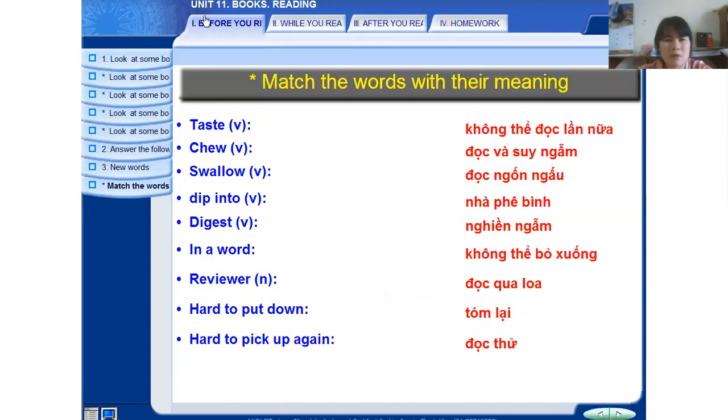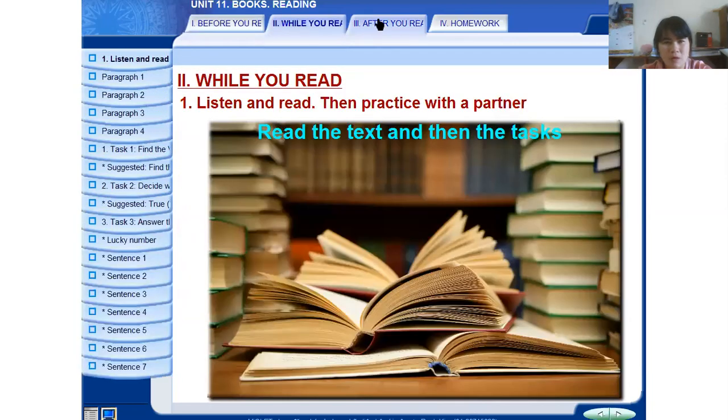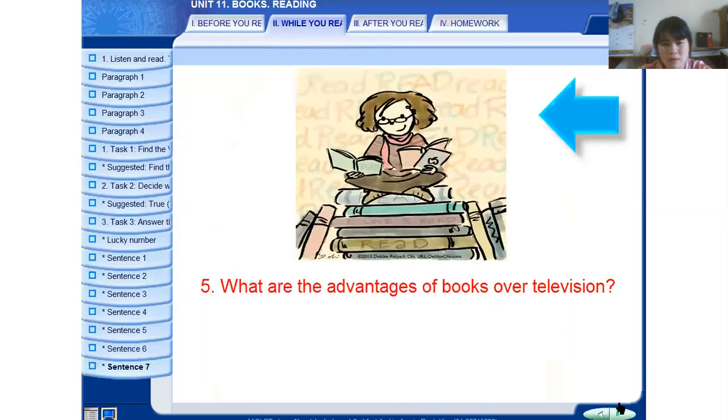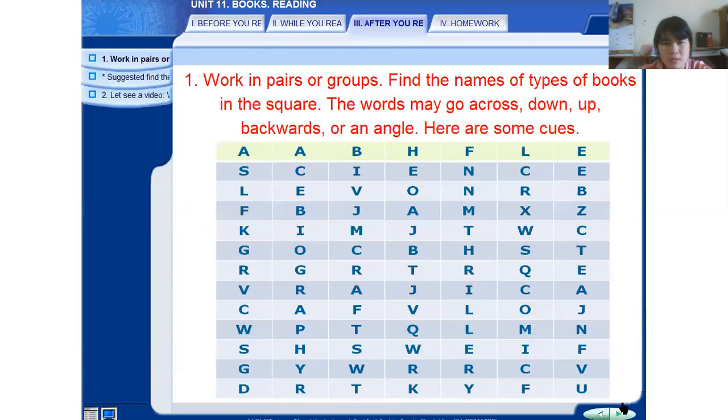Mình nói về những cái phần sau đây. Sau cái phần này, chúng ta có phần after you read. Sau phần đó chúng ta có một cái game, chúng ta có thể làm một cặp và nhóm, tìm tên